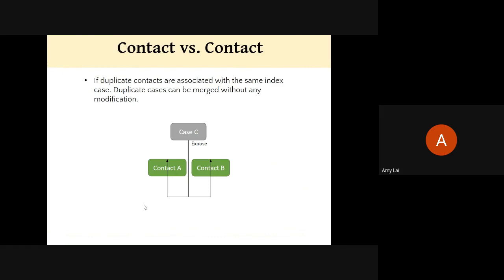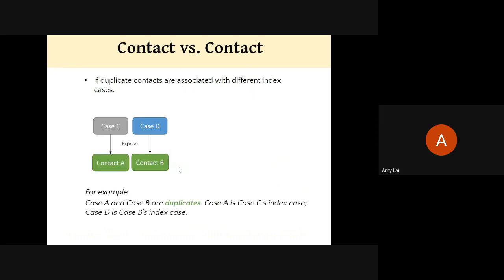Next, I actually don't know why the arrow is a little bit weird. It should go downward. So we'll start with this scenario. If duplicate contacts are associated with the same index case, the duplicate contacts can be merged without any modification. So you can merge contact A and contact B without changing anything. If duplicate contacts are associated with different index cases, like this, for example, and contact A and contact B are duplicates,